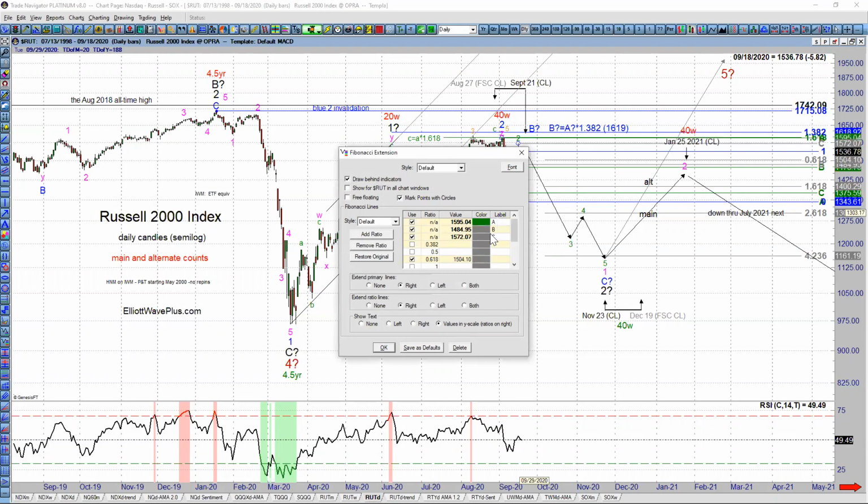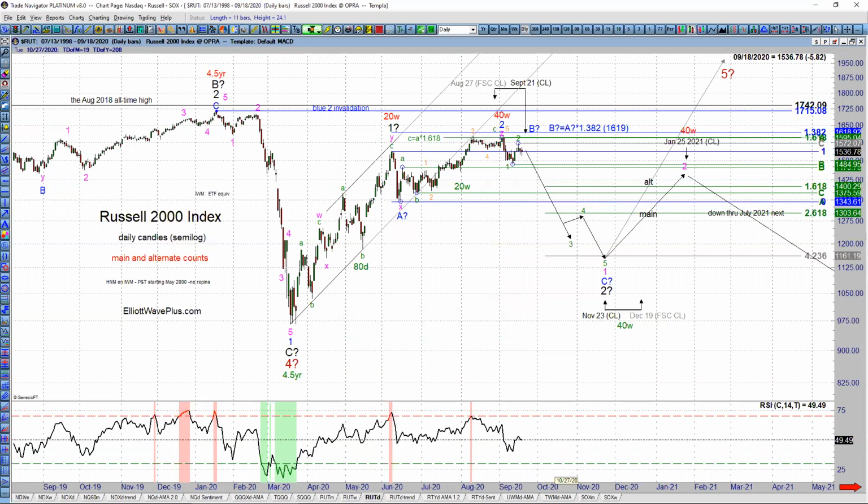But I'll put in some targets, and once again, I may be being overly bearish here in my drawings, but now that we have a chance to throw in some targets, I'm going to throw in a 0.618, 1.618 for wave 3 target, and a 2.618. And I'm just going to choose the 2.618. And the reason I would choose that instead of the 1.618 is because